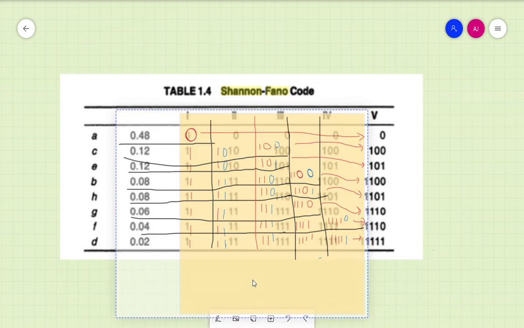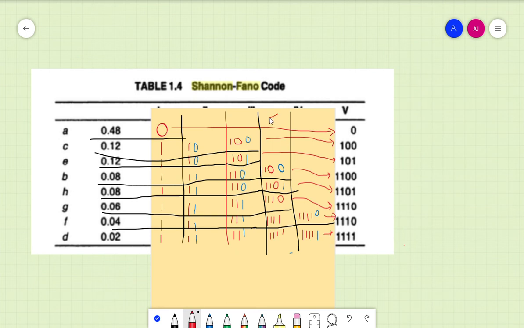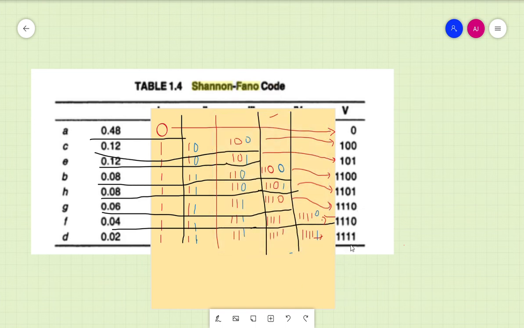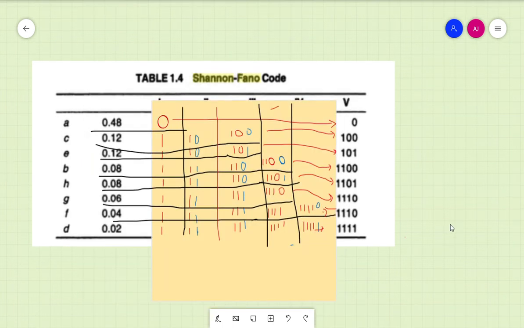So just let me shift it so that you can cross check the answer. You can see we are getting the same answers. So you will be solving more examples like this, and hopefully you have understood how to do these things. You will be doing it with me, and we will be solving some more examples regarding this. Thank you.